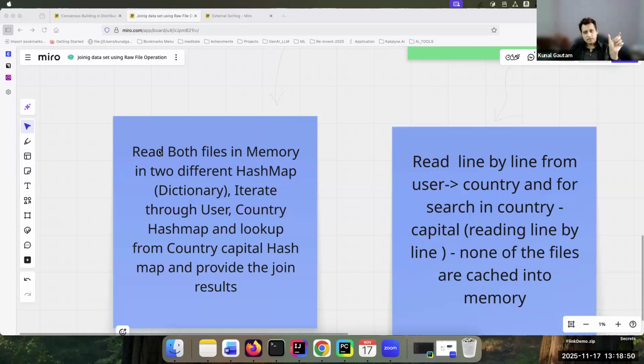I'll read it once again. The first hash map has user, country, the second hash map has country, capital. All you should be doing is iterating through the first one, user, country, you do a lookup in the second dictionary, and then you are able to produce the result. What are the pros of it? First of all, it's super fast because it's pulling all the data in memory, and you can get the work done super easily. The challenge with this is, if my RAM is 10 gigs and if my user, comma,